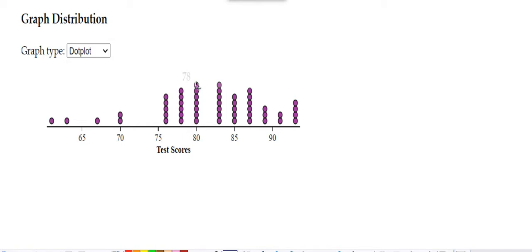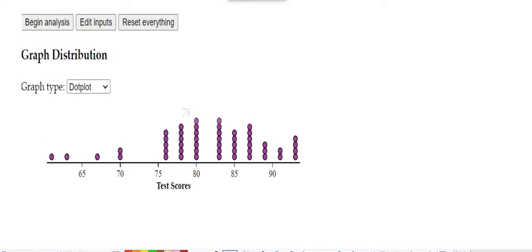It's just like going down in here. So maybe some people would say this is symmetrical or normal. Some people would say this is skewed left. But put an answer on your paper and let's find out at the end of the lesson if this is really symmetrical or normal, or is this skewed left.